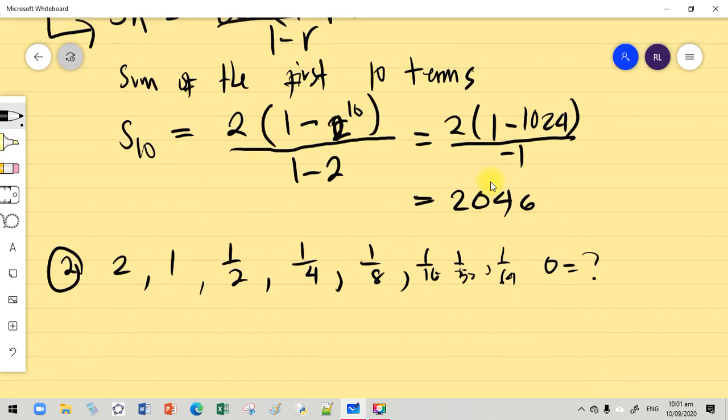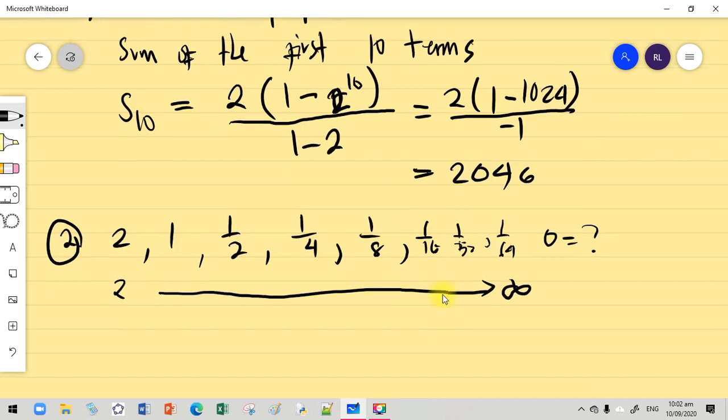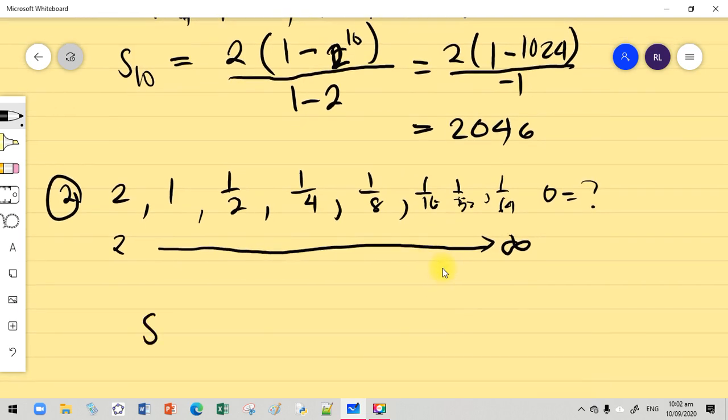Okay, but here, it's something logical. If you're going to continue that one, it will not really get 0 because you keep on multiplying by 1/2, 1/2, 1/2, 1/2, and so on. Therefore, there is a way of getting the sum of all these from 2 until infinity. Okay, until infinity, and that sum to infinity is equal to